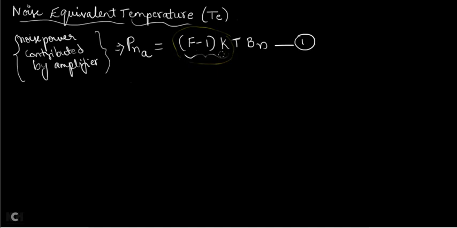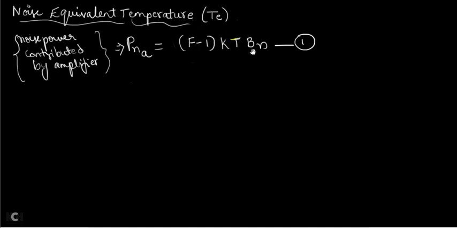and if you group them, you are not going to get anything, because in the given derivation, I need to calculate the equivalent noise temperature. So where is the temperature term present here? The temperature term is present here, capital T. This is your temperature term. You want a noise equivalent temperature. Where is the noise component present? F means noise factor and T means temperature. So can I group F minus 1 and T together so that I will get temperature because of noise, and that can be called noise equivalent temperature?